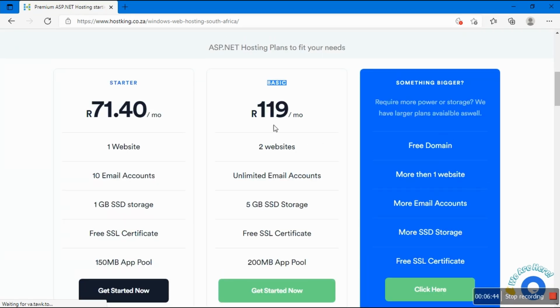Wait, something's not right here. I know I have unlimited email accounts. I know I have 5 gig SSD storage. And please, let me give you an advice. If you're gonna look for other hosting providers, don't take their word for it. Do not. They told me they have moved from a normal hard drive to now SSD. That's why they had to increase the prices over the years. And I've been with this company from 2017. Now it's 2019. And free SSL certificate, yes, we'll talk about this.